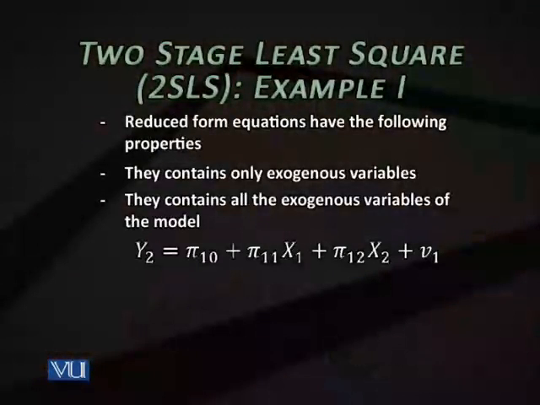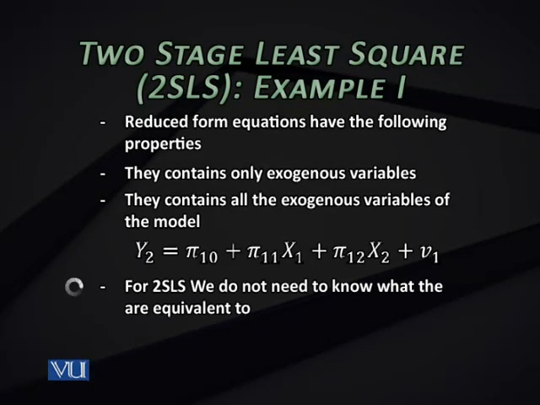So whether they are present in equation 1 or not, regardless of that fact, you will place them in the reduced form of y2. So y2 can be written in terms of x1 and x2 as you are seeing on the screen. y2 is equal to pi 1 naught plus pi 1 1 x1 plus pi 1 2 x2 plus v1, which is a symbol for the expression that you get containing disturbances.